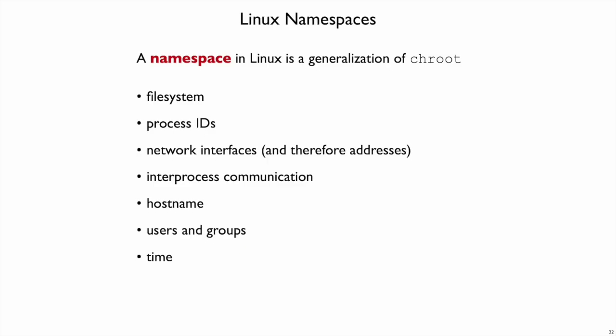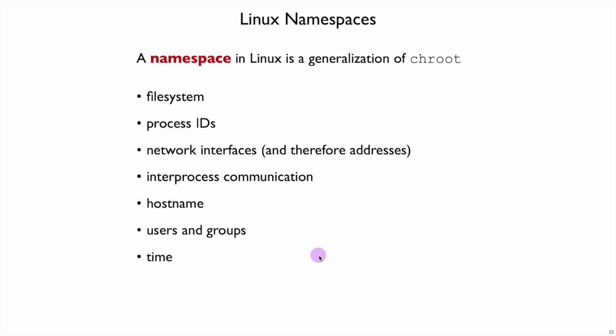A namespace is a generalization of chroot, in that it not only isolates the file system, but also process IDs and network interfaces and interprocess communication. So you don't think of a process ID as a name usually, but a number is a kind of name, and you can have different spaces using the same IDs, but that don't refer to each other across those different namespaces. And in Linux, basically everything that might be interesting and useful for isolation is something that can be put